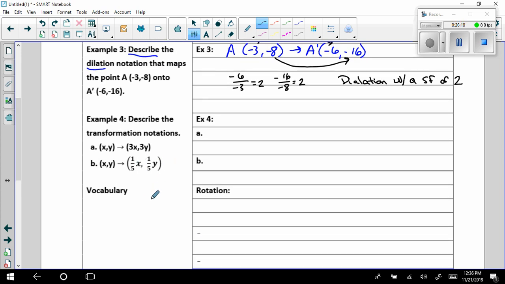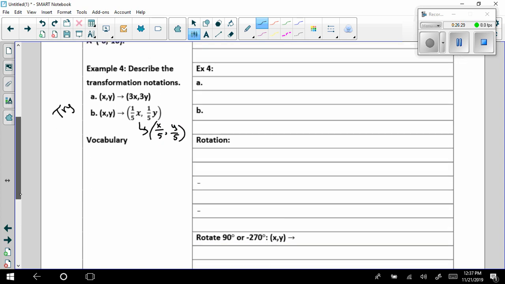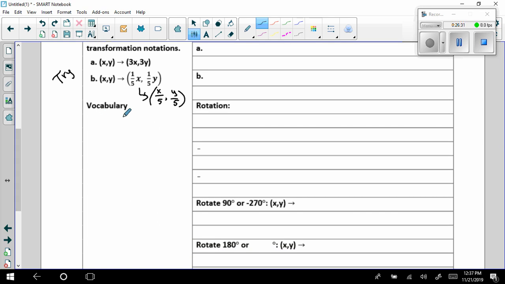Describe the transformation notations. Please go ahead and try on your own. Okay, what is happening there? Also note that you could write this as x over 5, y over 5, and that would be the same thing. All right, and then the last transformation is back to a rigid transformation, meaning we're going to keep that same size again,